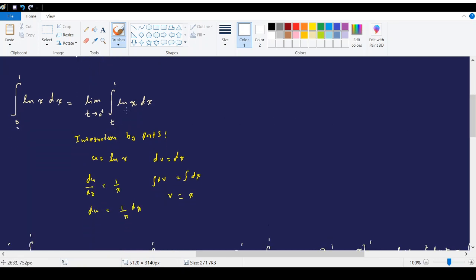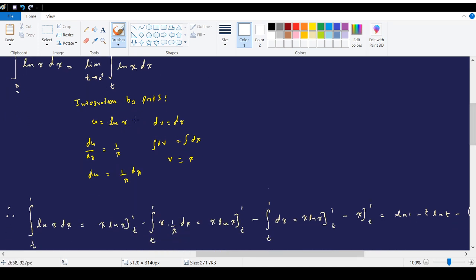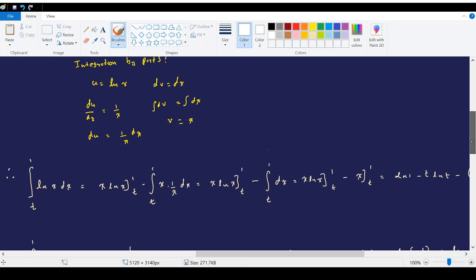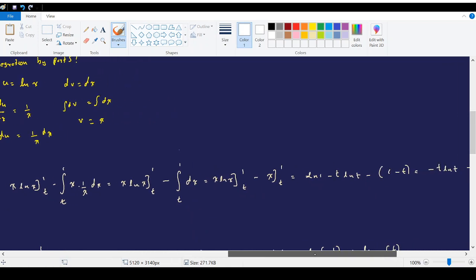And I think I gave an assignment problem also regarding this ln x integral. So there we must take u as ln x and dv as dx. If you take it the other way, this will not work. So if you use the integration by parts properly, then this integral can be written like this, and by solving it you can see that